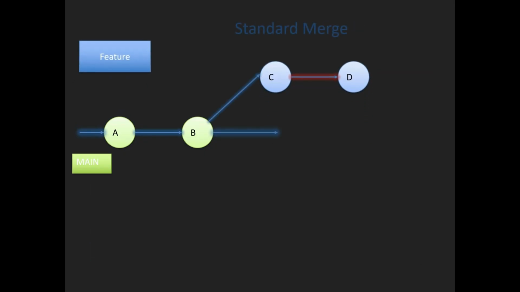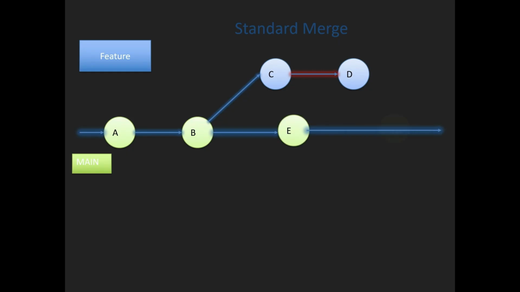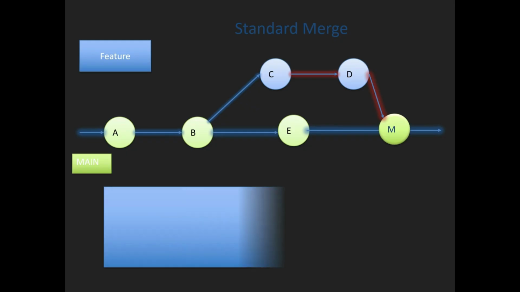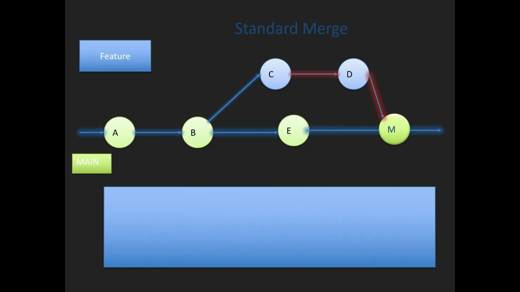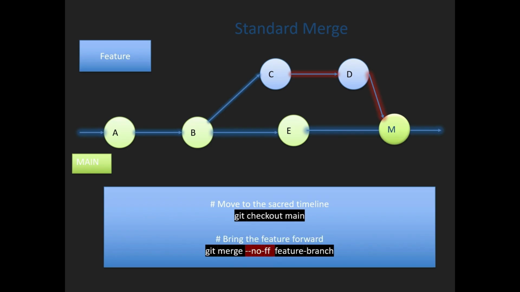Coming to the next one, the standard merge. Suppose in real time the main branch, or the main timeline, will have a new commit or many commits and so on. When we want the standard merge, the same way we go to the main timeline and bring in the feature branch. When we type this command, it will create a new commit M on the main branch,